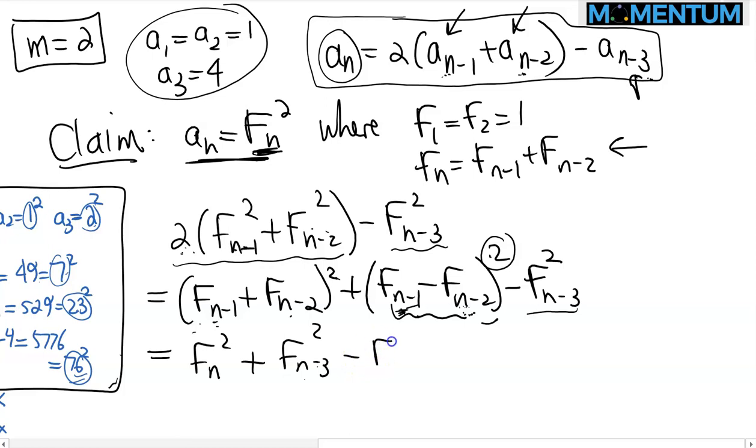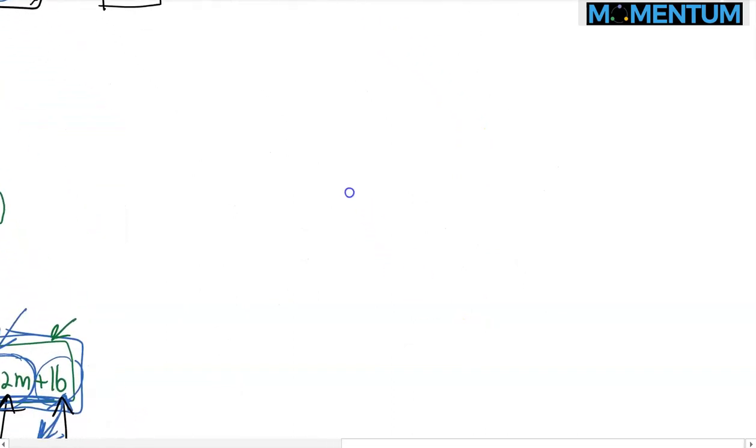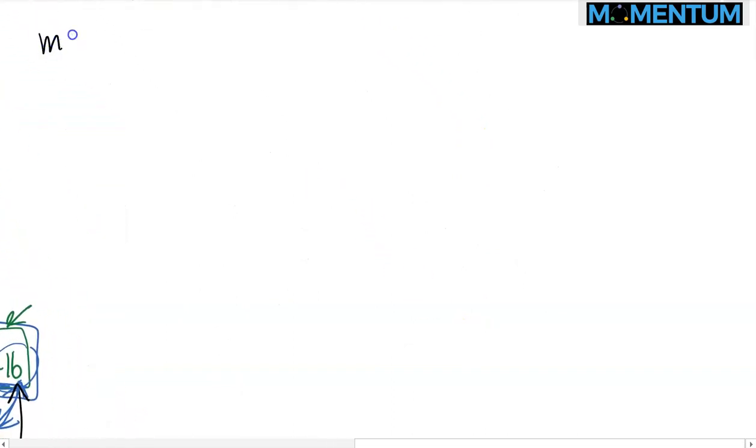And then minus f sub n minus 3 squared. Hey, these two terms cancel. Oh my goodness, we found exactly what we needed. So f sub n satisfies this recursive relationship. Now we need to also verify the case m is equal to 10, namely again that we have the sequence a1,